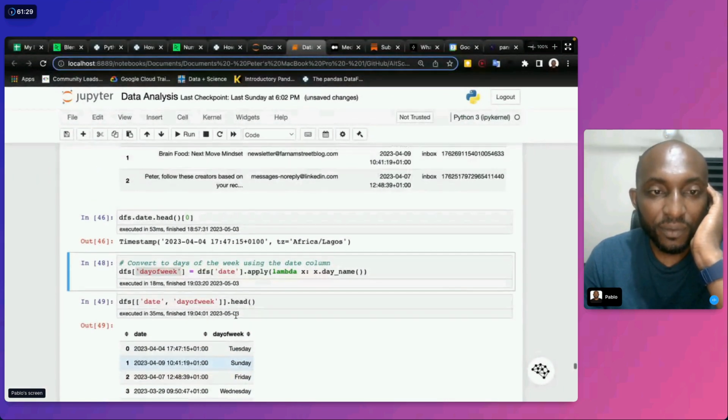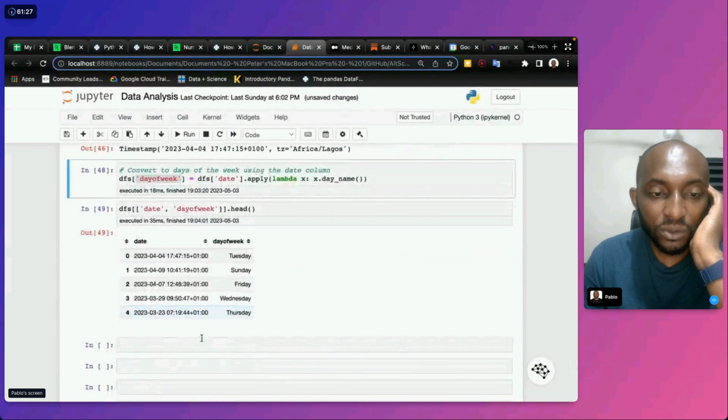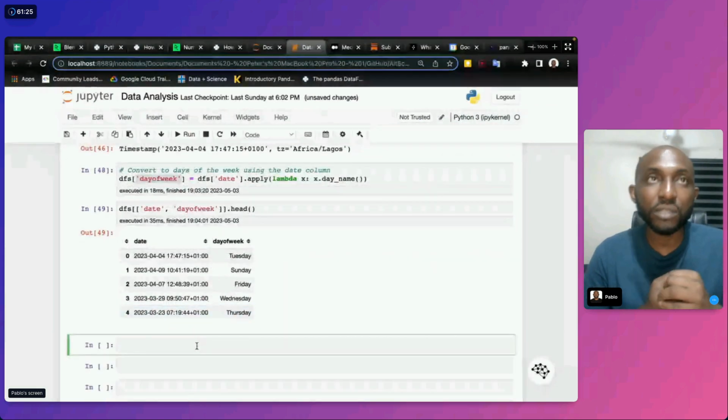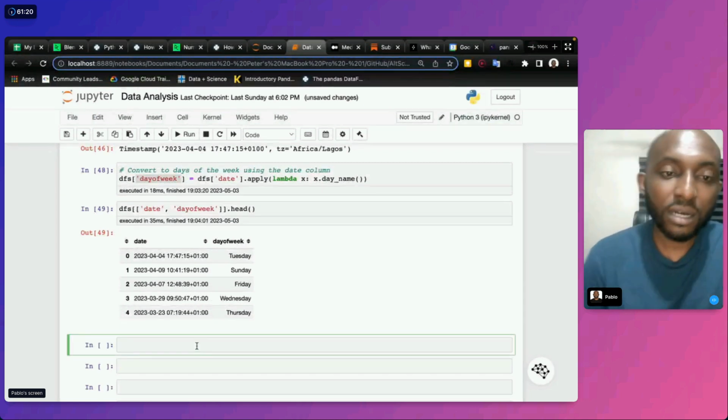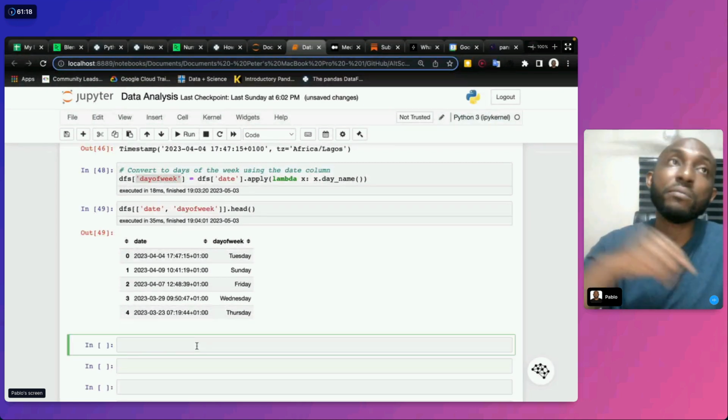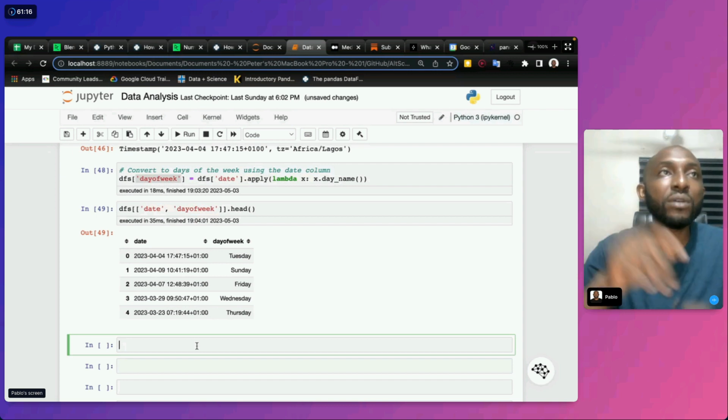So that means at every turn, if you were to look at your email, for instance, and say you want to do a subset of your email, and say you want to see every email you received on a Sunday.